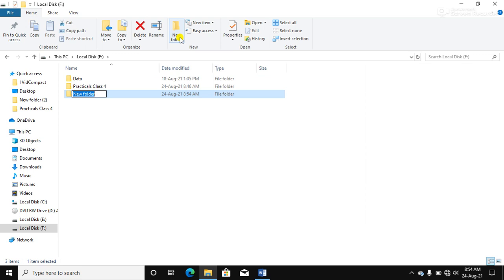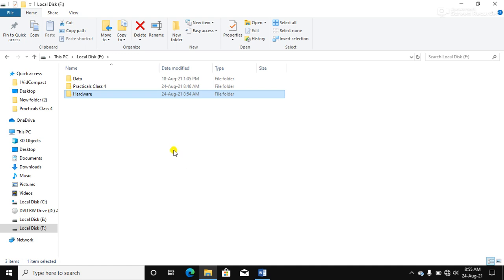So click on the new folder option. A new folder will be created. Give a name to it. Suppose I am giving the name hardware. Okay, and press enter key. Okay, so your folder has created.